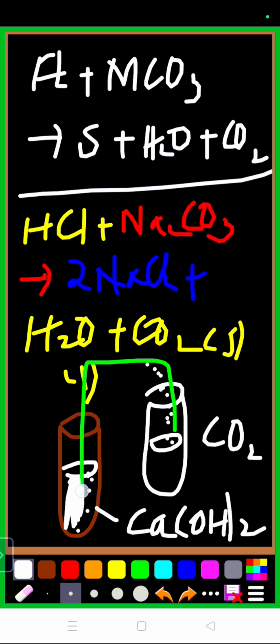So after passing carbon dioxide gas, lime water turns milky. And one thing more you must know, that once the lime water gets milky, if you continue to pass carbon dioxide gas into lime water, again the lime water is going to become transparent. So upon excess passing of